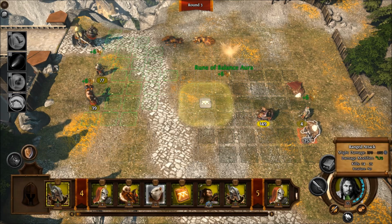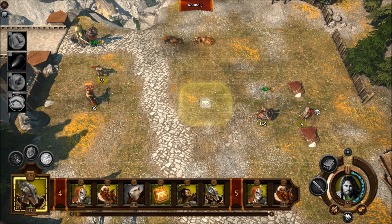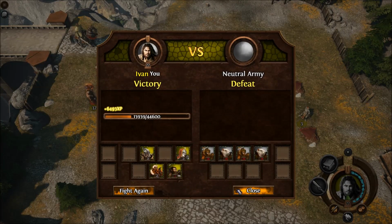Not really much else to say about it. I mean, he tried to close, but he couldn't. And victory! So we lost more of our frontline guys. I'm fine with it for now. I think eventually all of them are going to die. All of these guys, but...